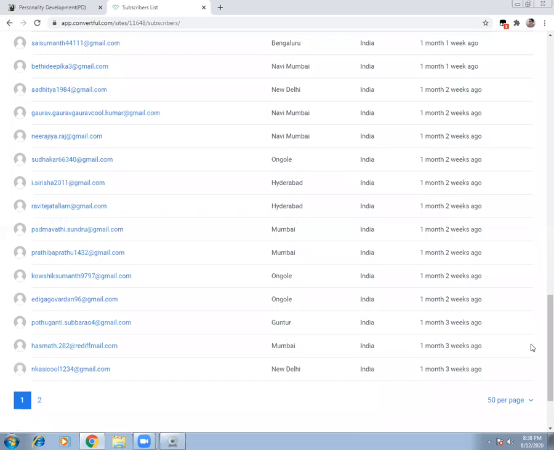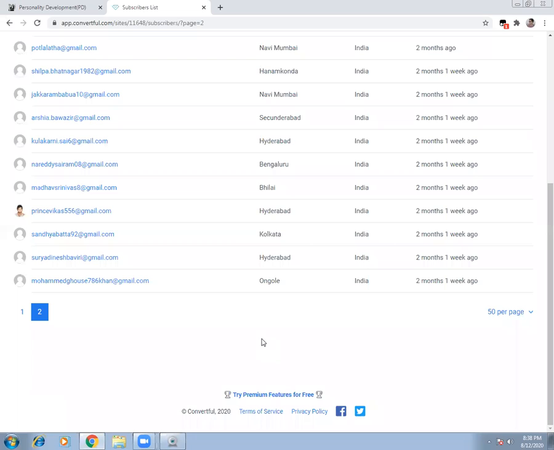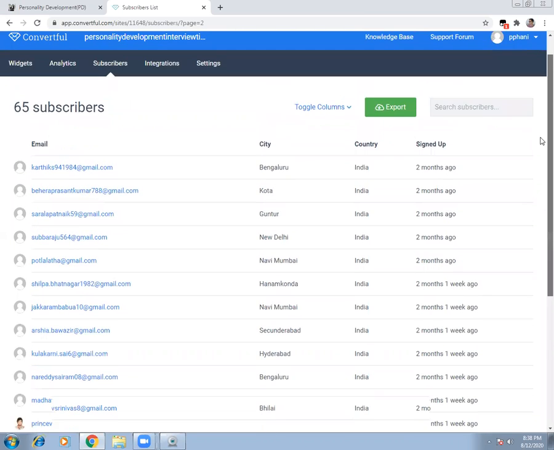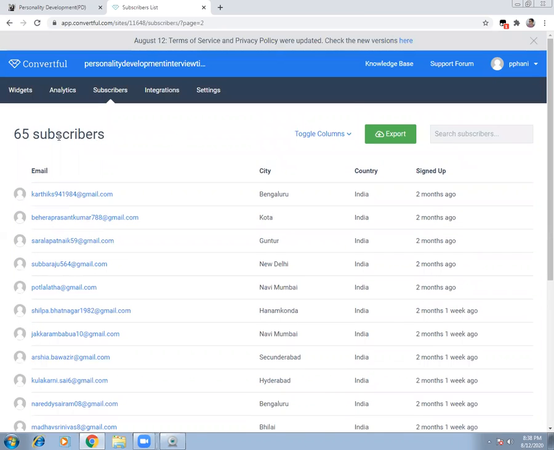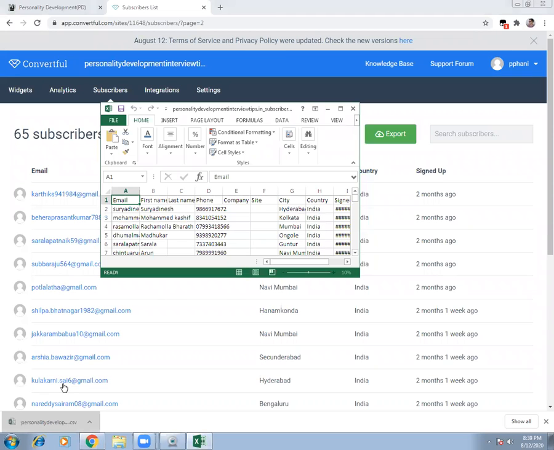Some people have signed up a week ago, and a lot of them have done it in the past. So it is showing 50 contacts per page. And if I go here, it is showing me even more contacts. So in total, these are the people who have subscribed. Now, if I want to download this, I can simply say export. And this data, I will get in the form of Excel. And once I get this data, I can use it to send them my mailers, something about digital marketing, something about new things in digital. Say, as I told you, if I'm interested in selling mobile phones, or maybe I teach English classes, and due to COVID, people are not coming.